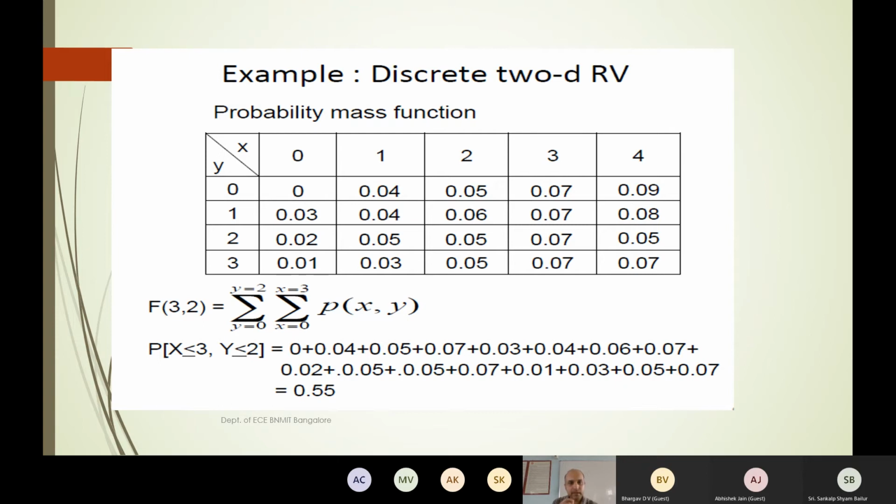So going by this understanding, what would it be if I say probability of X less than or equal to infinity and Y less than or equal to infinity? You know that in module 1, if I had said probability of X less than or equal to infinity for a single random variable, it would be 1. This you could imagine as all the strengths adding up to become 1, right? Likewise, even here, if you add up all of this, it's going to come up to be 1. So that I can also write as F of (infinity, infinity).